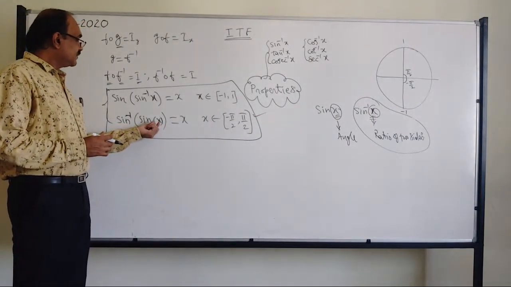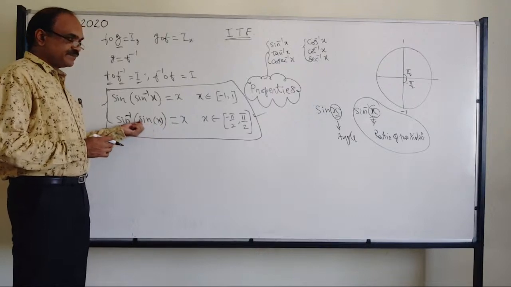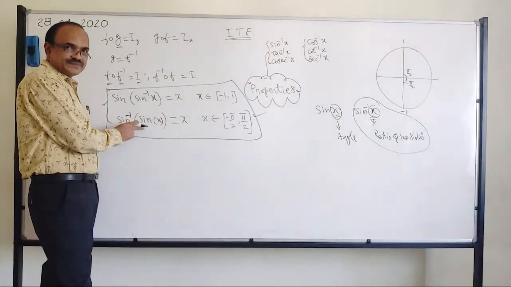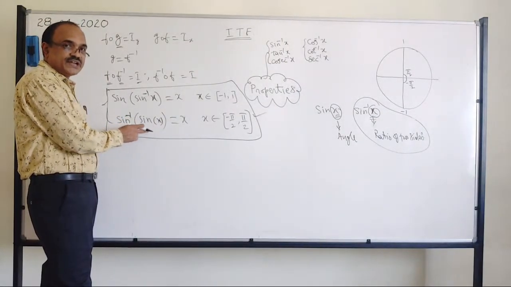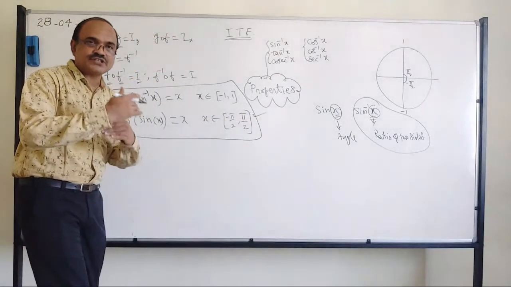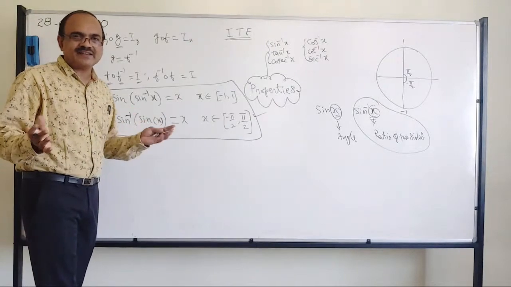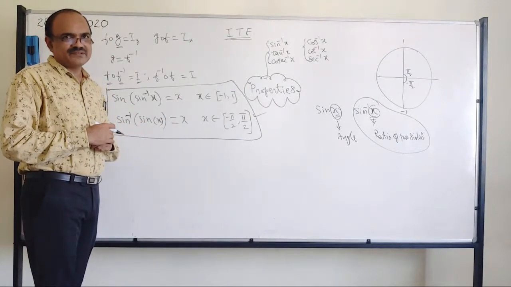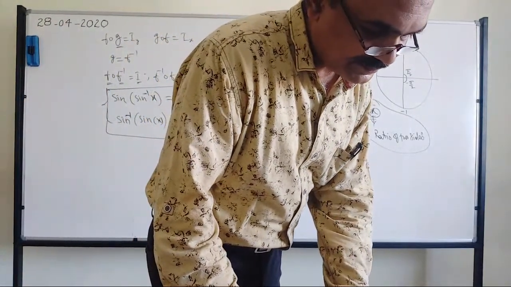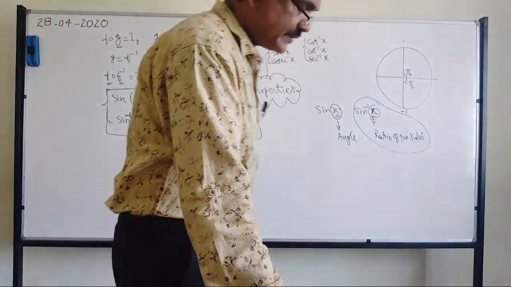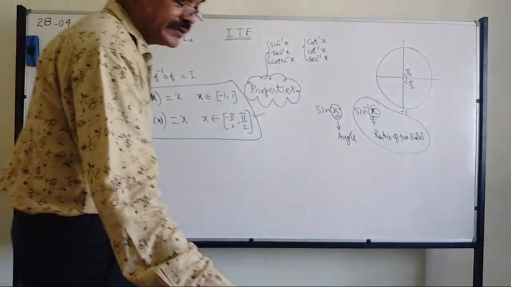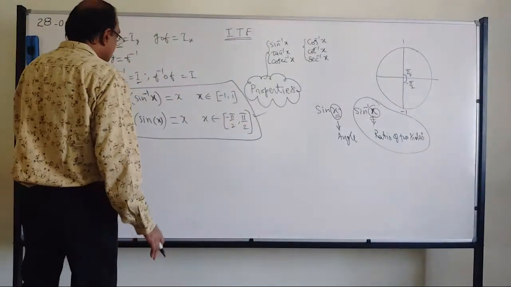That is, sine inverse function. What is the sine inverse function range? Minus pi by 2 to plus pi by 2. If you don't put that restriction on its range, then it is not an inverse function. Is it clear? Yes or no? Okay. So similarly, can you do it for cos?